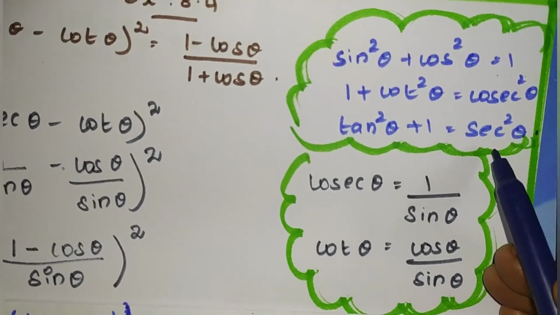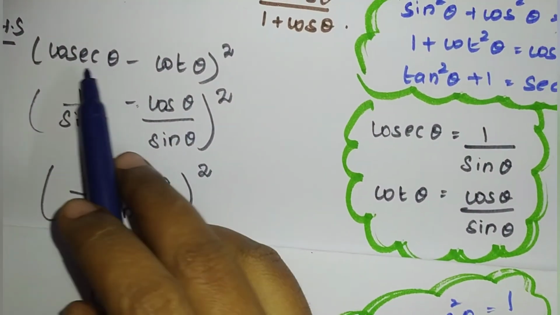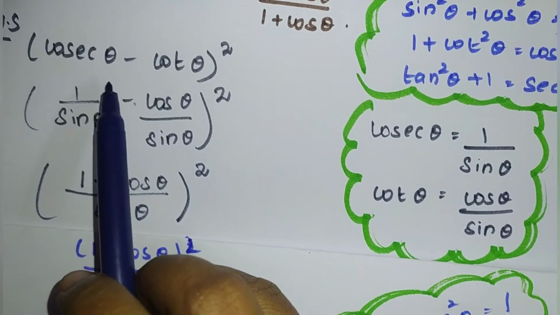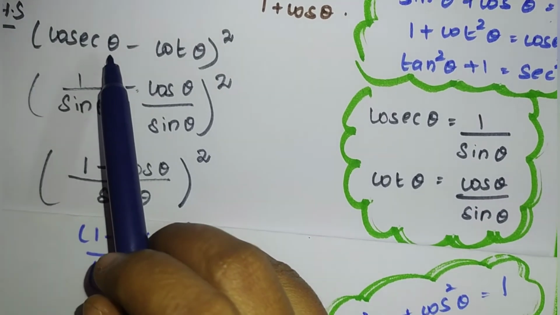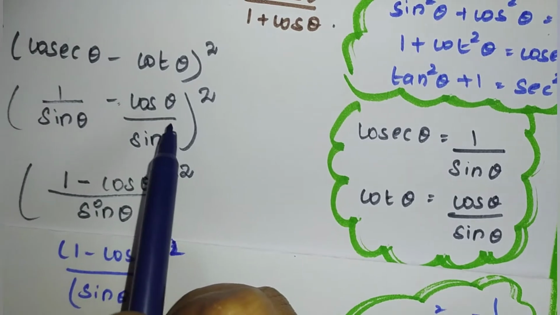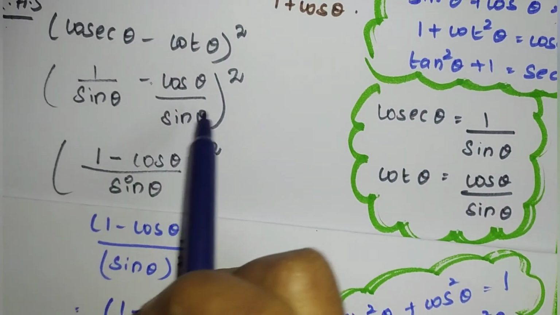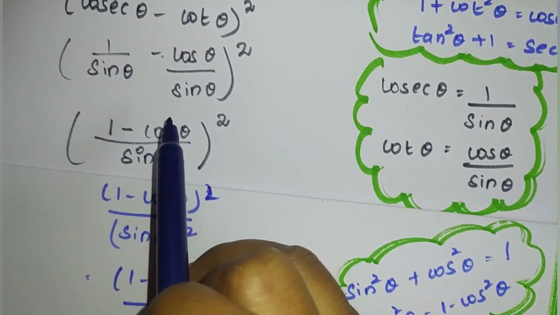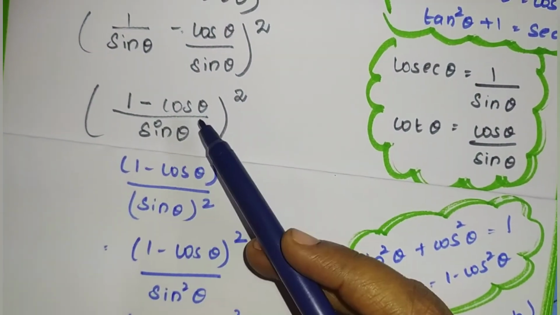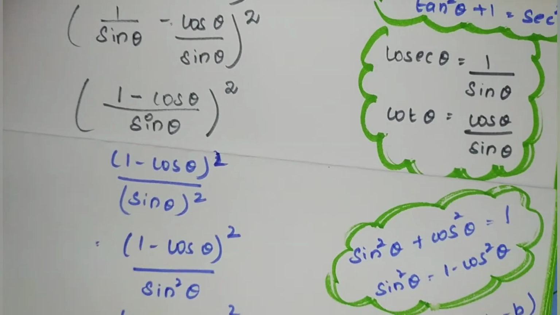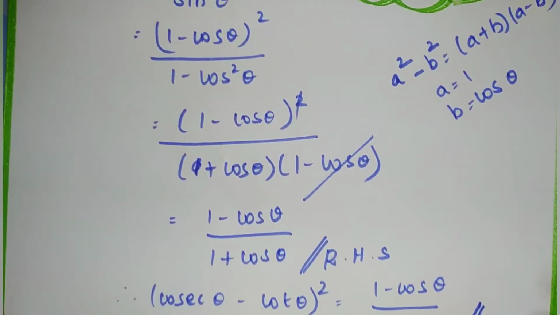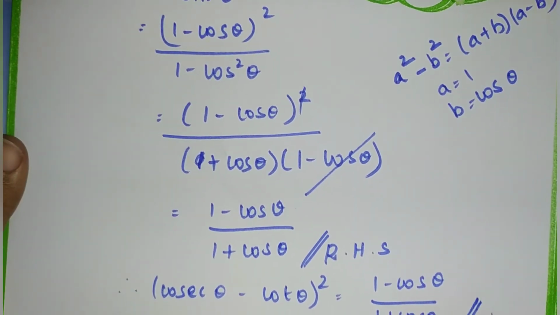First write all the 3 identities, and if you have anything in square, we can apply the identity. Otherwise, see any reciprocal ratios we can apply here, and tan theta is equal to sin theta by cos theta and cot theta is equal to cos theta by sin theta. If you have anything like that, you can apply. And then simplify this by using algebraic formulas and then get your answer. Are you all clear, children?